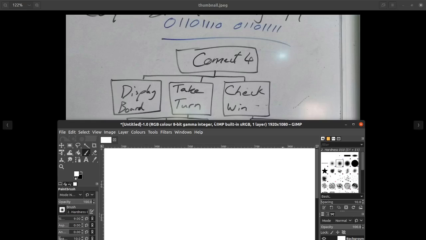It's roughly. Okay, so display board. Are we able to do that? Can we take the board which we're storing in a variable and put it onto the screen? However you do that, that should be doable in that task. So if you're happy that you can do that task, then you don't need to break it down any further. Take turn, however,